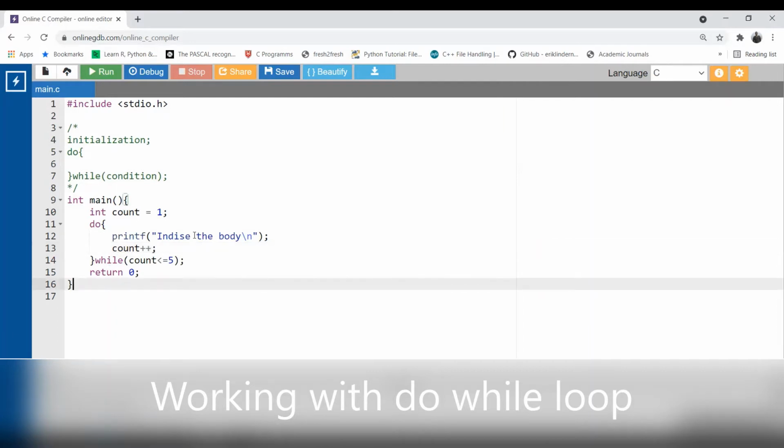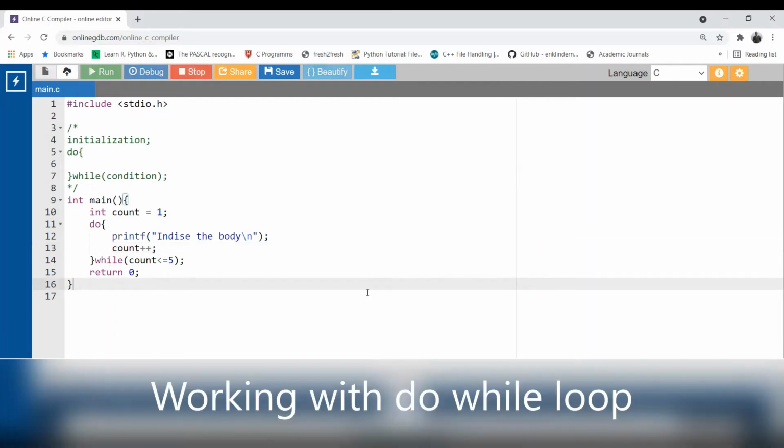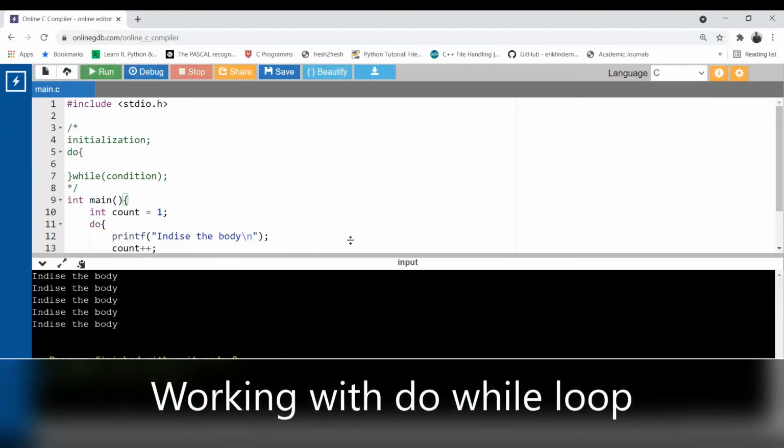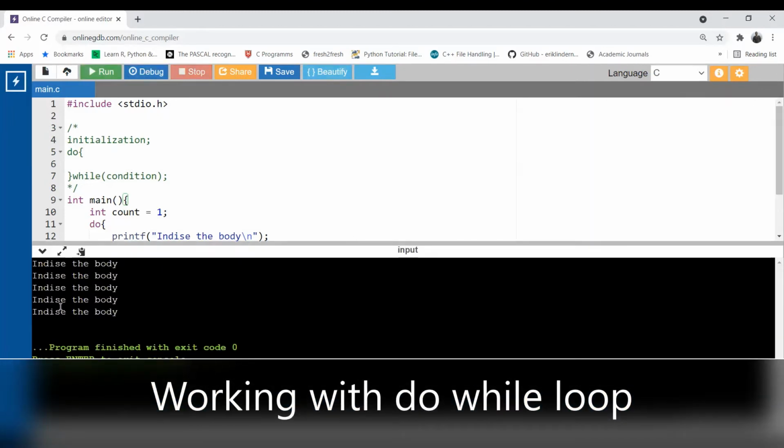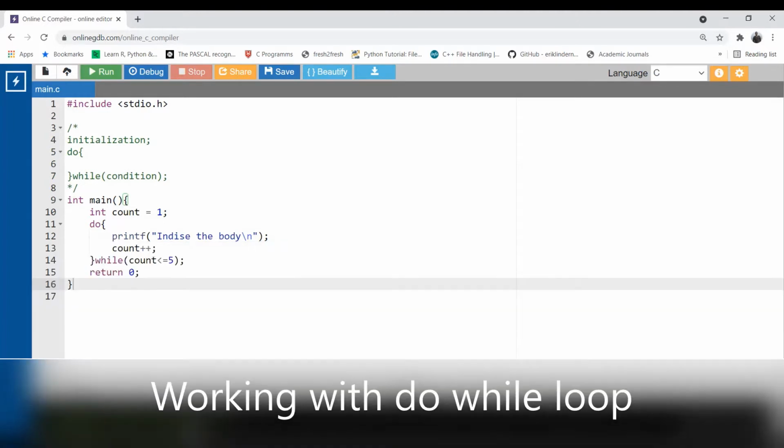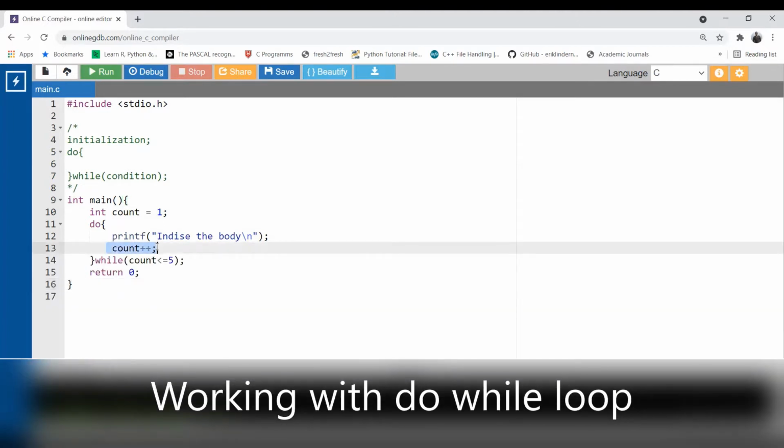Now see what will happen. How many times will this loop execute? 5 times. See, we put the updation inside the body, and now this loop is executed 5 times according to our expectation.